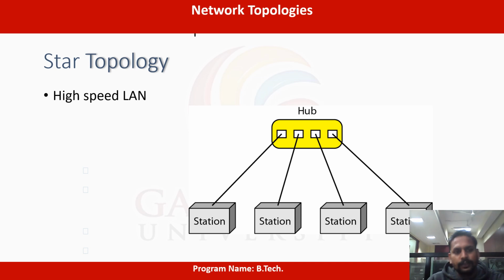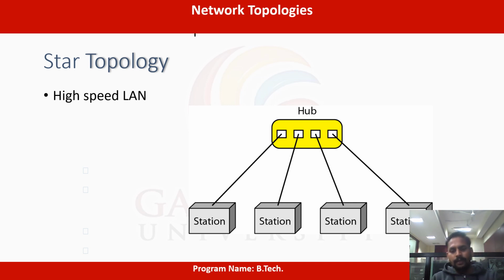The next one is star topology. So what does star topology mean? You see here in this diagram we have one hub, and all the stations, that means all the other systems, are connected with this hub only. That means the data transmission and communication happen through this hub only. Suppose station 1 wants to communicate with station 4, what will happen here? Station 1 transfers the data to the hub, and from that hub only station 4 will get that information, right? So everything is based on the hub device only.